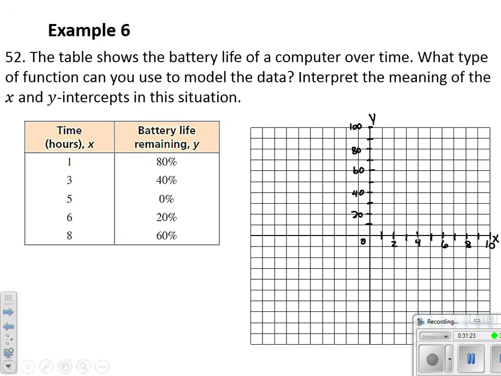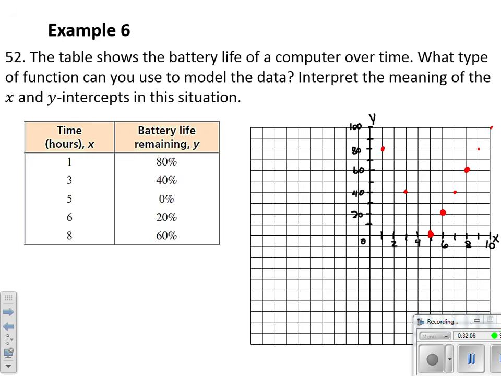Let's plot the points that we were given. So we've got the point (1, 80), the point (3, 40), (4, 30), (6, 20), and (8, 60). All right, well, it looks like those points are in a straight line. Let's see if they do follow that pattern, because I might be kind of torn here. Is that looking like a parabola, or is it looking like an absolute value? Well, here I've got 2 points that are pretty close together. Let's see what happens if I continue that rise over run. So 2, 1, 2, 1, 2, 1, 2, 1, 2, 1. Here were the points we were given. So it definitely looks like that makes a straight line.